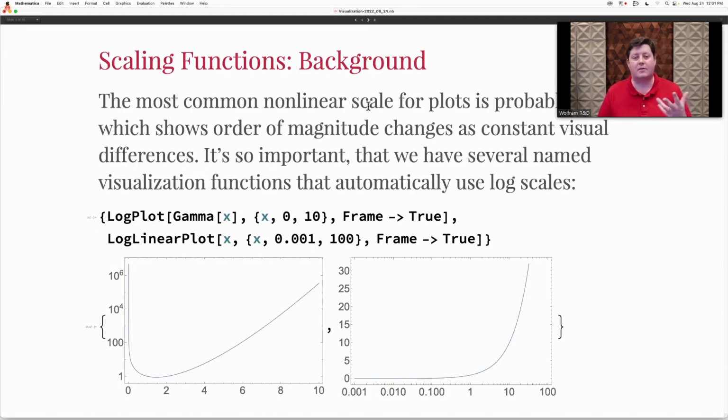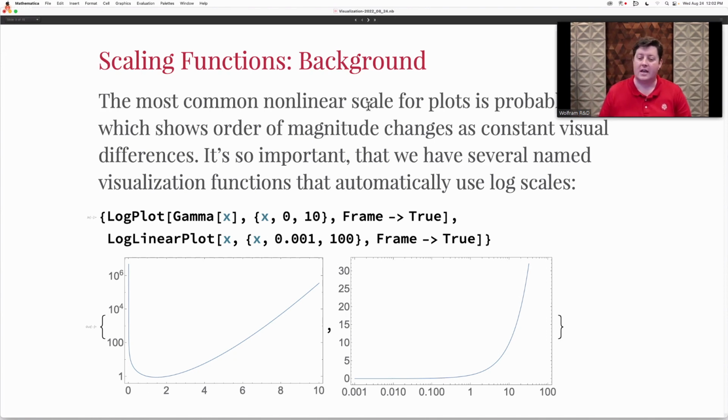So typically for visualizations, the most common scale is just a normal linear scale. After that, probably the next most common one is a log scale. And log scales show orders of magnitude as the same visual distance. So 1 to 10, 10 to 100, 100 to 1,000, etc., all take up the same amount of space on